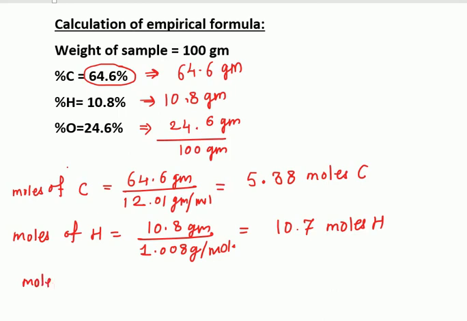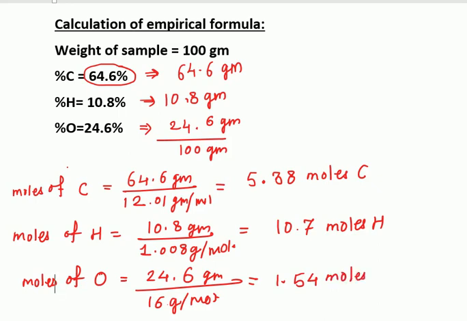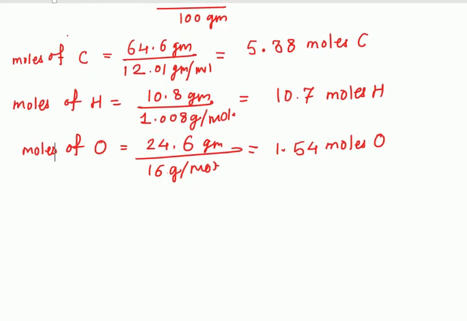So from these moles, let's write the result. It gives carbon 5.38, hydrogen moles 10.7, and oxygen comes out 1.54. These values we can convert into the simplest ratio by dividing by the smallest moles. Oxygen has the smallest moles, that is 1.54. So divide the moles of each element by 1.54, 1.54 and 1.54. So it comes out carbon as 3.49,